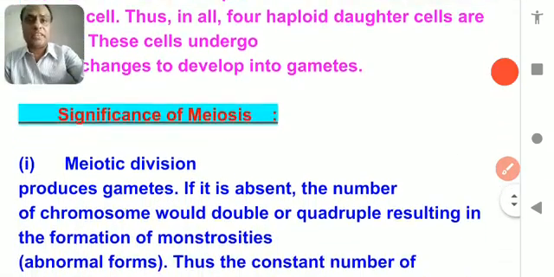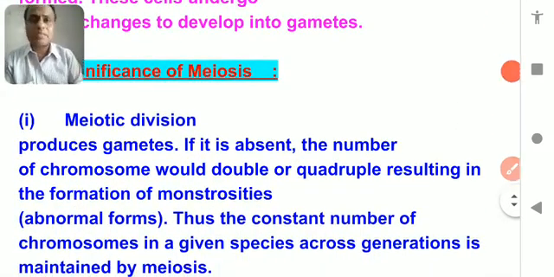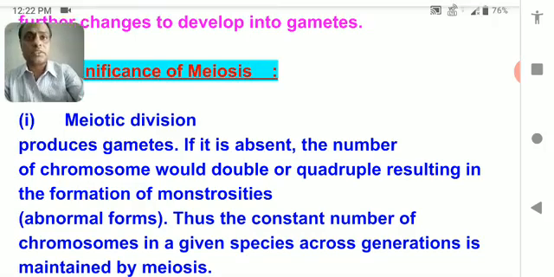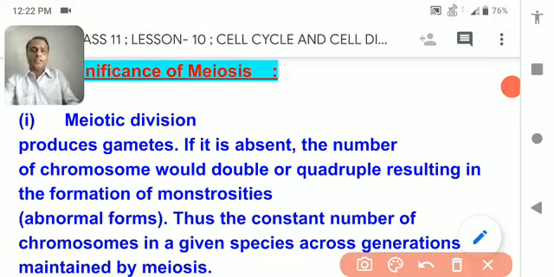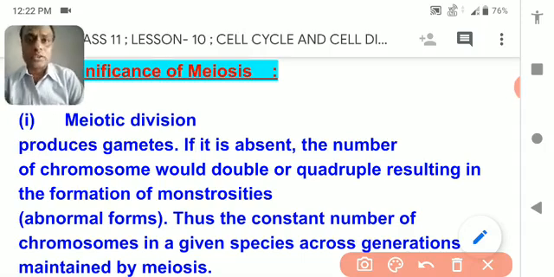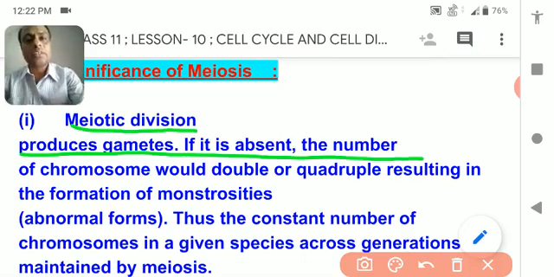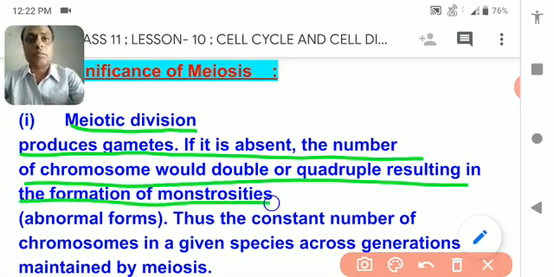So what is the significance of meiosis? In meiosis we have studied that this cell division takes place in either the testes or ovary, the reproductive organ, and it forms the gametes. So meiosis cell division is very important for the formation of gametes, because it maintains the exact number of haploid chromosomes in each daughter cell. If the number of chromosomes either one or two or more decreases or increases, it can create problems. So meiosis cell division makes it an exact copy, so that it cannot cause any kind of deformity or changes.